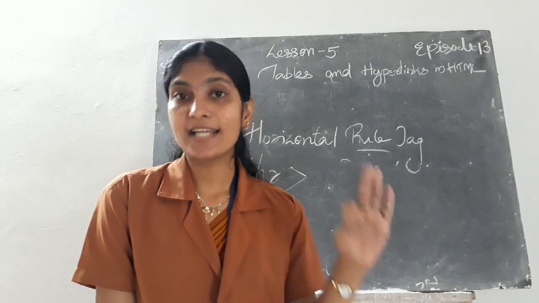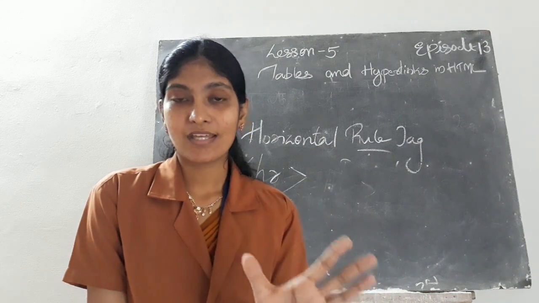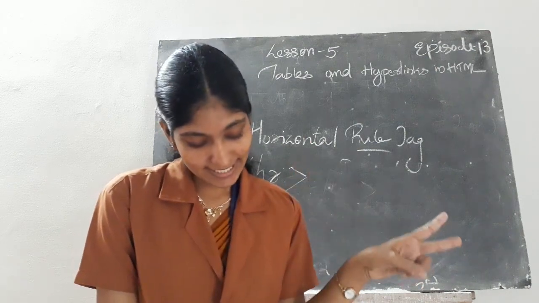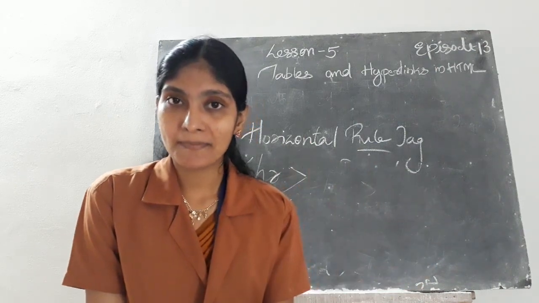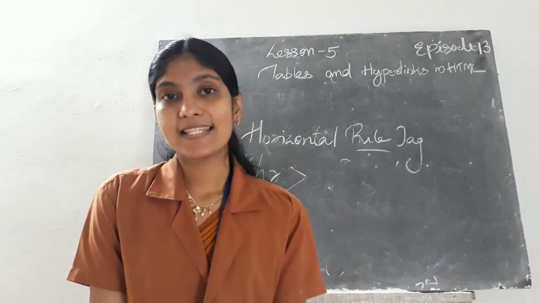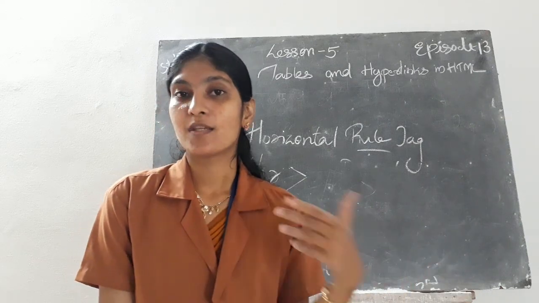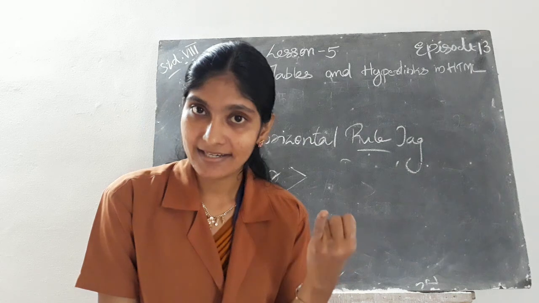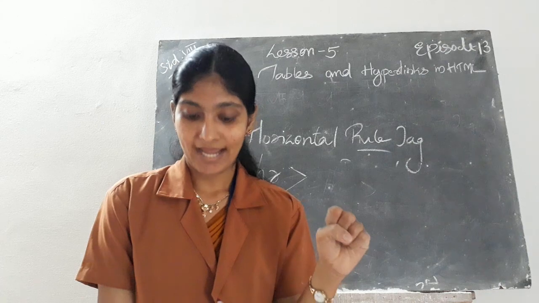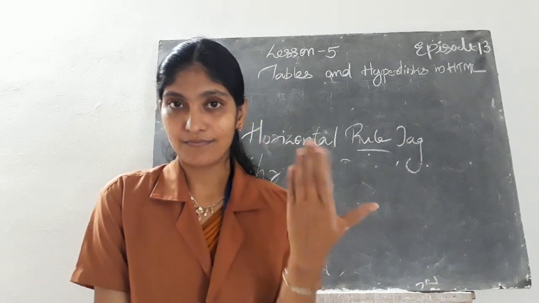Next is the bold tag. Bold tag means you can represent the letters in bold, using the letter B. Then next is the italic tag. If you want to represent the text in italic format, you can use the italic tag. Then next is the underline tag. That means if you want to apply an underline below the text, you can use the underline tag using the letter U. Then next is the strikeout tag. Strikeout tag means it puts a line right through the center of the text.